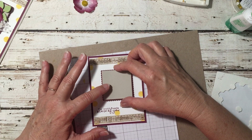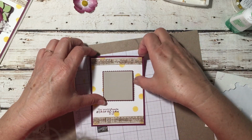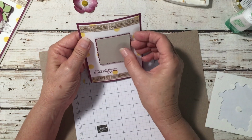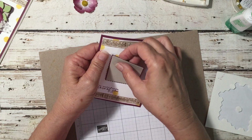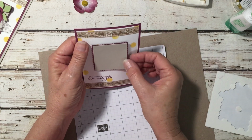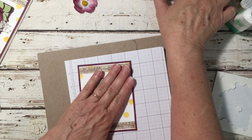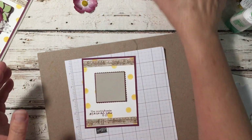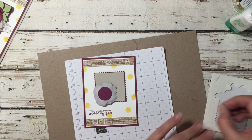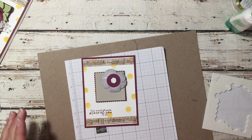And I think that that is about where I want it. Hopefully it is straight. It's not. I really am starting to believe that I look at things crookedly because I struggle with that. Okay, that is good enough for me, because once we put our flower on here, we're going to pop that up as well. So I'm going to put a little dimensional on that,